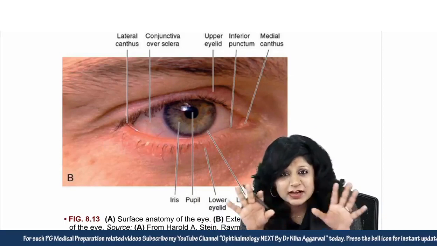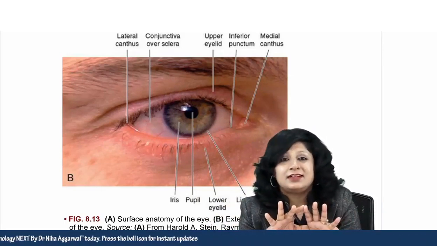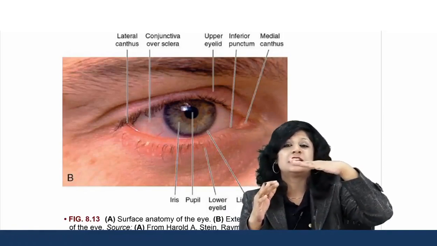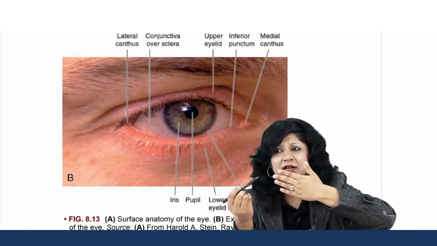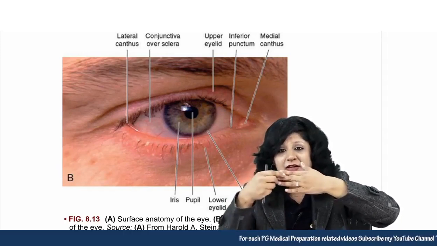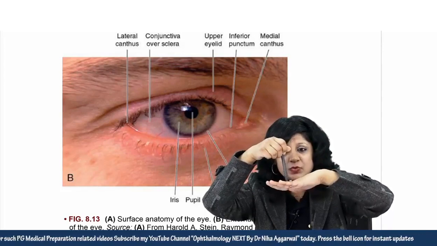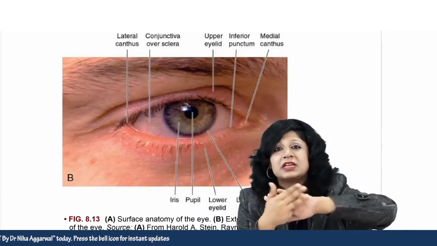And after you have done all this, the no-touch examination, then you can ask the patient to give consent for that double lid eversion. And for that double lid eversion, suppose this is the lid, then we can use earbuds or anything. And you have to press it, and you have to keep it like this, and over it you can evert the eyelids, something like this. So you are able to see this area.